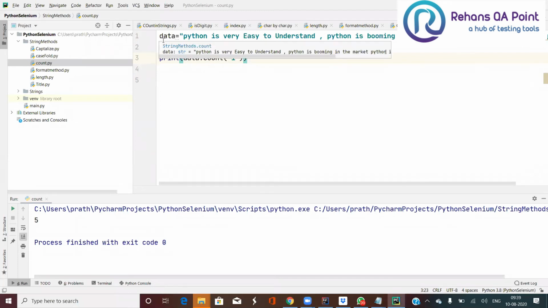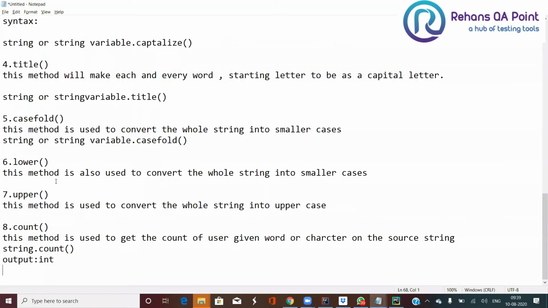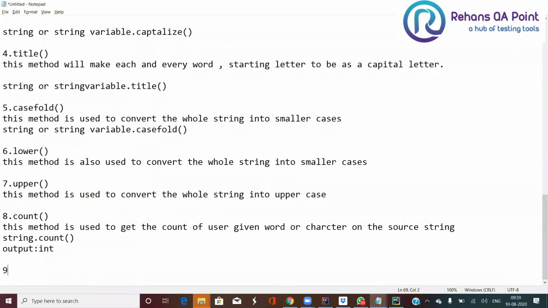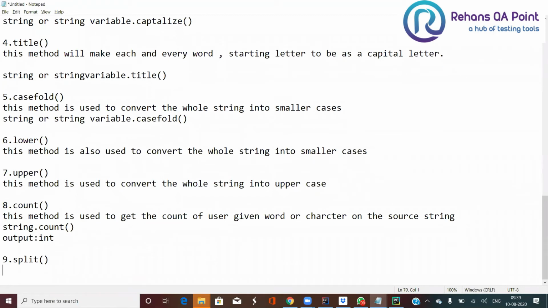So now let us see another method called split. This method is used to split the given source string with the help of some delimiter.